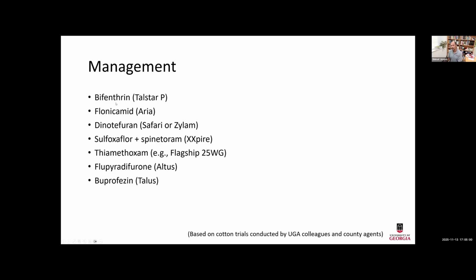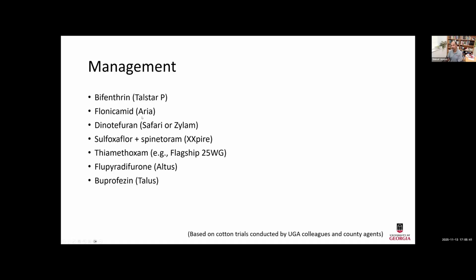I will urge some caution because bifenthrin, that is Talstar P, and imidacloprid, and thiamethoxam, these insecticides have documented resistance in the native range. That is, we are talking about the Indian subcontinent, where they are naturally present. They use these insecticides there to control it. If the insect is coming from that region, it might already be resistant. So we saw some difference in efficacy with pyrethroids, especially bifenthrin, and with products like dinotefuran or thiamethoxam. Keep an eye on that, because in some populations it worked, and in some it did not provide satisfactory control.